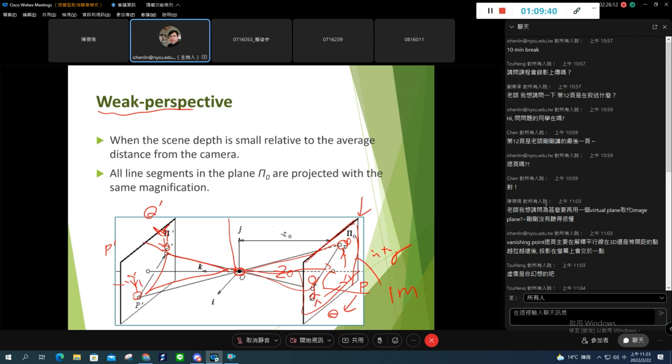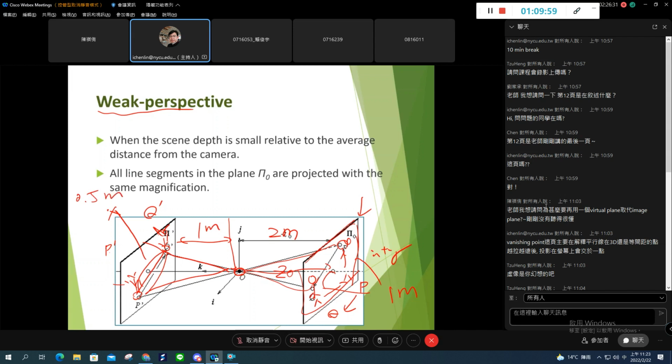For instance, this is 2 meter here, and this is 1 meter here. And based on the ratio, we can simply estimate its movement or distance is, say, 0.5